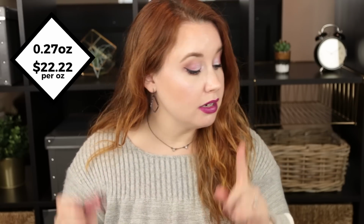It has a really nice vanilla scent to it, and these retail for $6 a piece. There's 0.27 ounces of product in here, so that brings it to $22.22 as far as a price per ounce perspective. So I'm going to give this 2 out of 3 stars. It's not the worst thing I've ever tried, but there's definitely drawbacks to using this on both your cheeks and